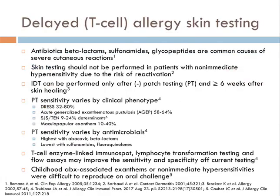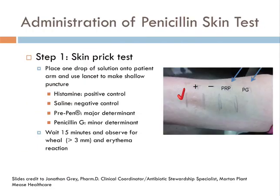So this is how you do it. You use histamine as a positive control, saline as a negative control, and then Prepen, which contains the major determinant, and penicillin G or ampicillin as the minor determinant. You wait for 15 minutes after the skin prick. You use the lancets, and greater than 3 millimeters, or in some studies 4 millimeters, is a positive